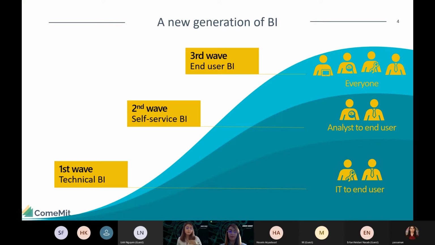And that's why having the capability to work with or bring the culture of end user business intelligence and self-service business intelligence right now in this area is so important, because we are not just creating the technical stuff, not just creating a report or a dashboard for management or other departments. We are also training the mindset of people so that they know, okay, we are so done with the first wave. We also want to be done with the second wave, and we want to move to the third wave, and we want to give you the power.